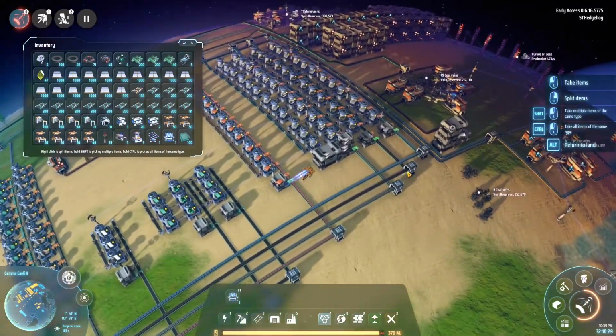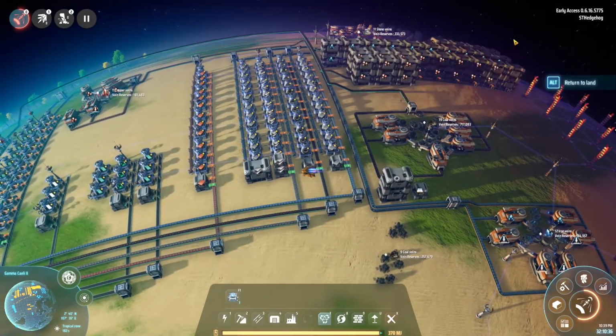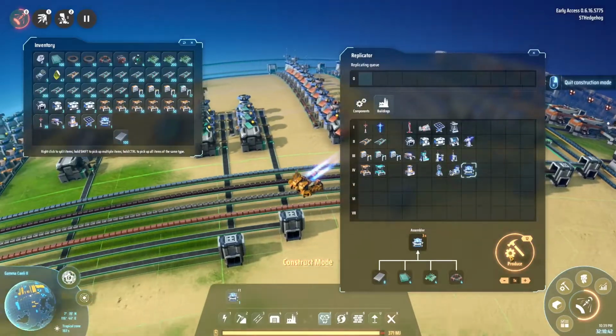Over here to my dumping ground. Put my identification back in there. We need some iron, so let's grab some iron as well. There we go. One. And we want to make...